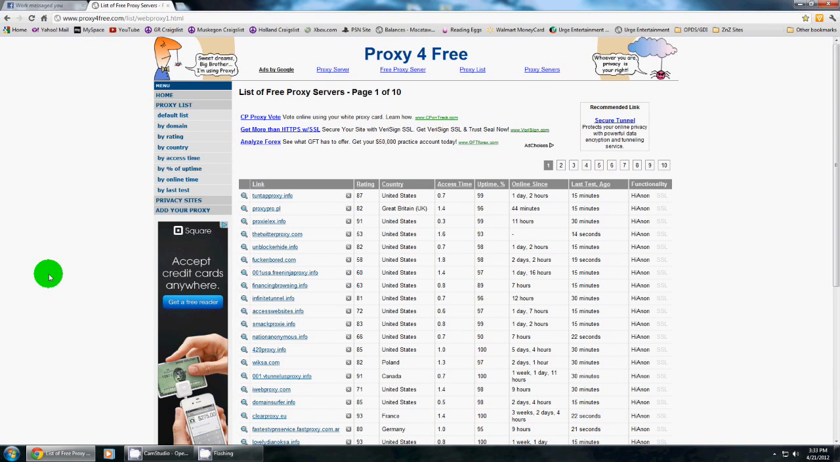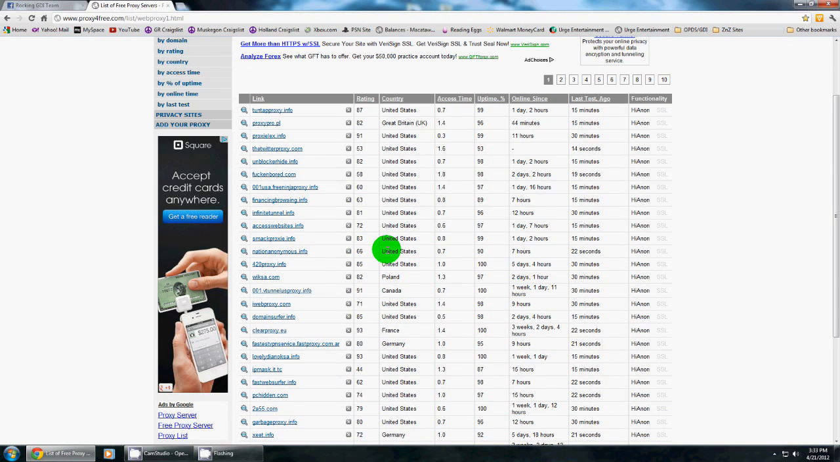All right, so the next part here, you see this list of the free proxies that are available. These are free proxies, so they do have all kinds of different traffic on them. We always want to stay within the country of the United States. You can sort it by country, or you can look for ones that are from the United States. So we're just going to go with this first one,